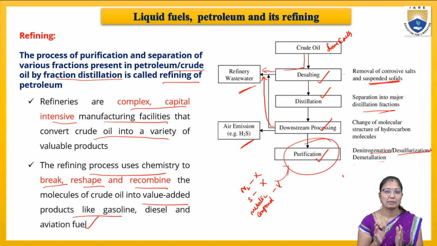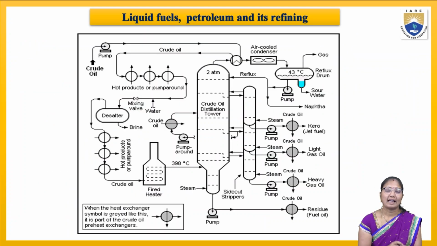So crude oil is the mother of all these oils. From this, the extraction process goes on. The hydrocarbon chain differs from diesel to petrol and gasoline or aviation fuel. Based on the requirement and the hydrocarbon, we will separate them, and all the separated compounds have to undergo denitrogenation, desulfurization and demetallation to remove all the unwanted metals, nitrogen and sulfur present in the petroleum liquid fuels. As it is a complex process, these are the steps which happen in